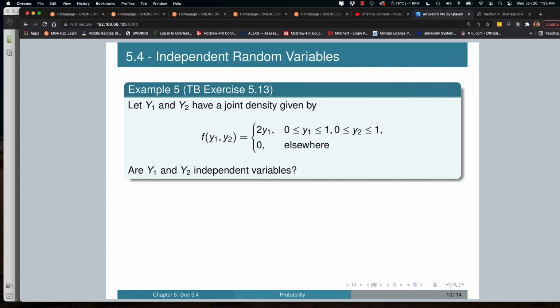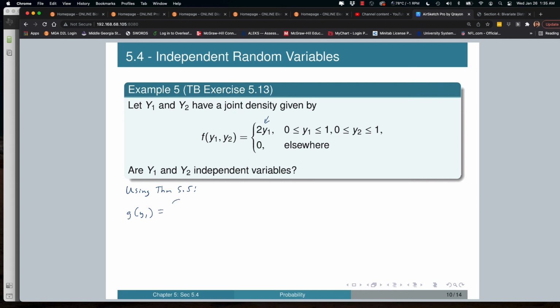We don't have a y sub 2 variable in the function to begin with. It's just 2y sub 1, right, for this right here. But that doesn't mean we can't split them apart. As a matter of fact, we could probably prove that this is going to be either independent or dependent regardless. And so using theorem 5.5, we can get away with this one here. With 5.5, we could have a function g of y sub 1 that only has y sub 1 involved in it,